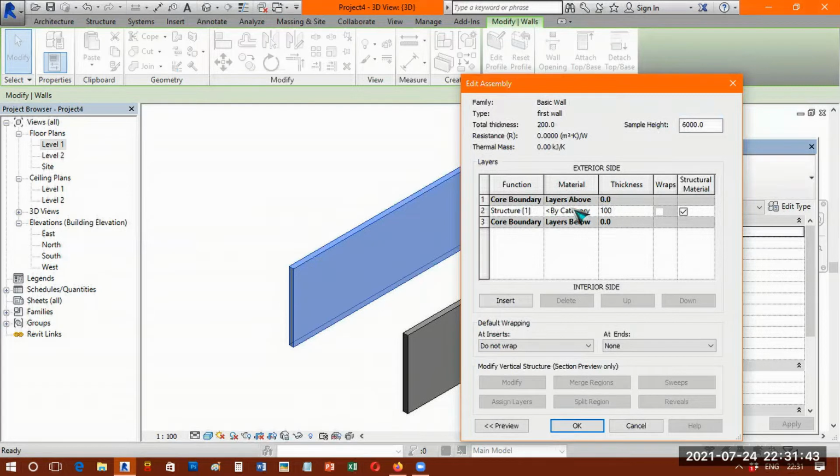And also in Material, you can go to By Category here. I want to apply some material like brick, some masonry, or some stone cladding, some wooden cladding, something like that. I click on this. Once I click on By Category, you can recognize a small square button here. You click on that button. So now we are entering the material world.